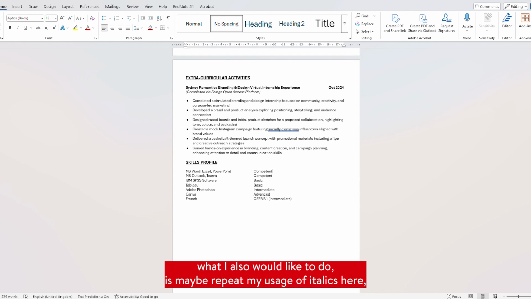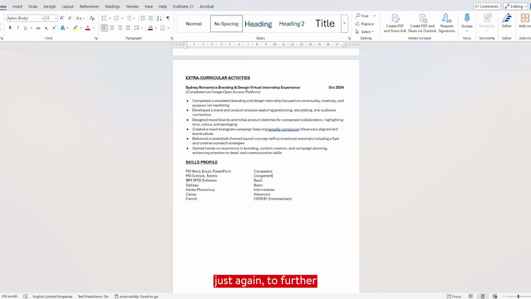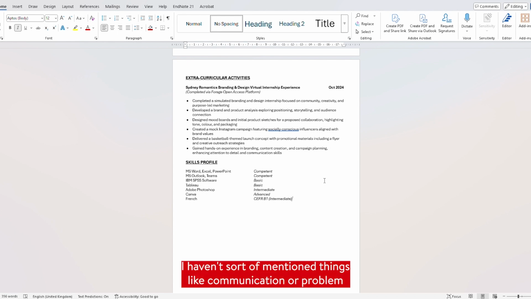What I also would like to do is maybe repeat my usage of italics here, just again to further break up this information. And now we've got a skills profile that looks pretty tidy. Now, what you might notice is that I haven't mentioned things like communication or problem solving, attention to detail, teamwork, and so on and so forth. I think it's better to evidence those